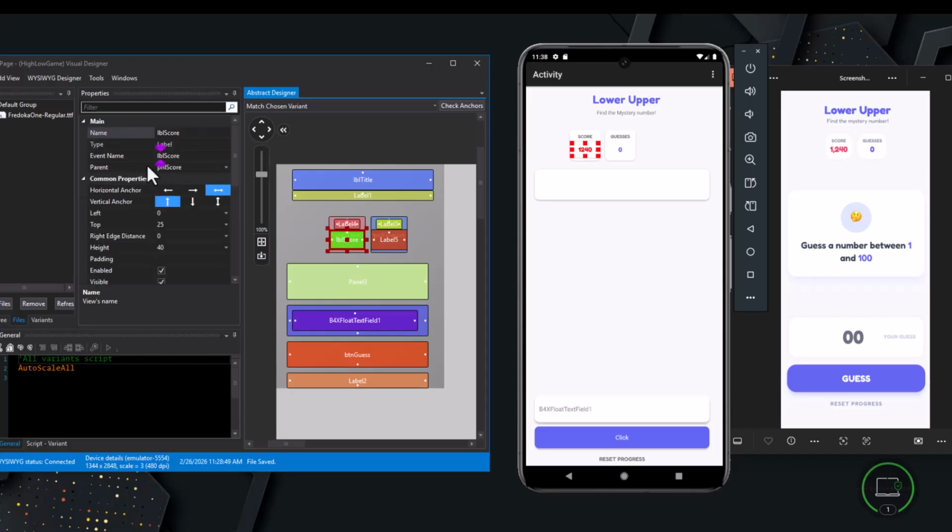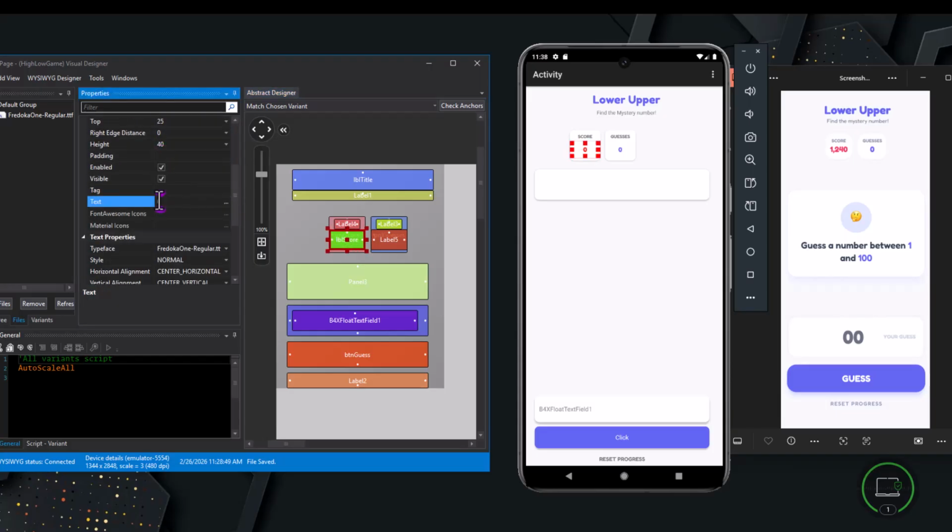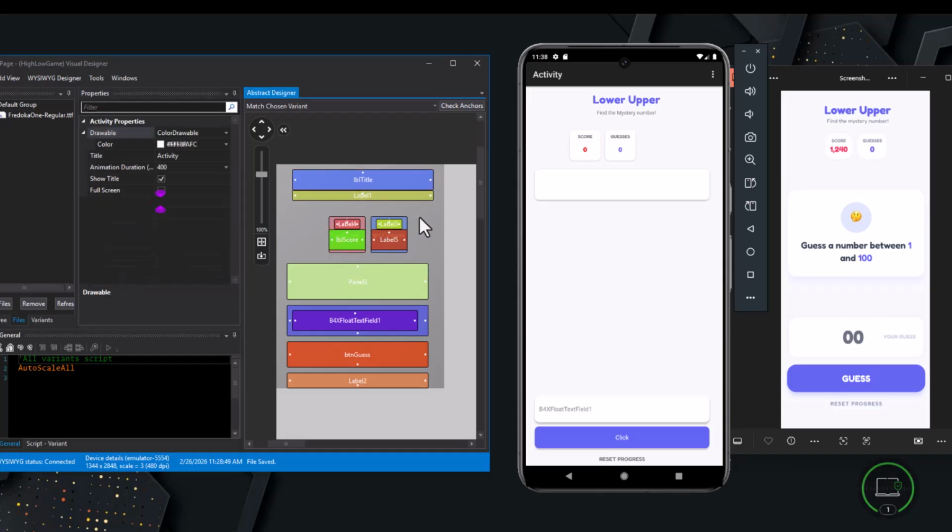Okay, now let's reset this one to 0. Okay, so these ones are set, and then this one,